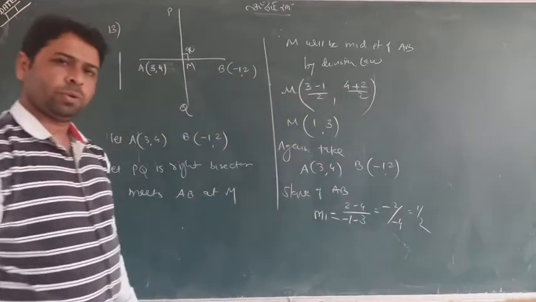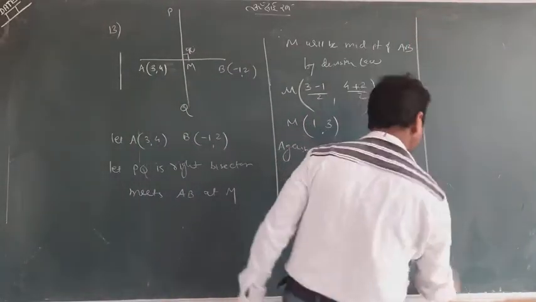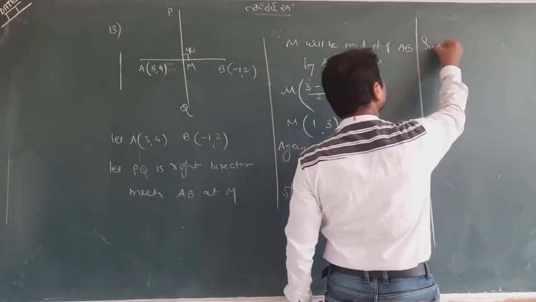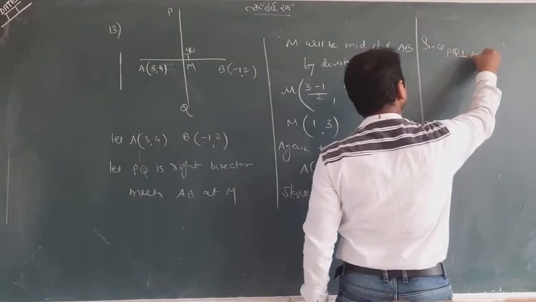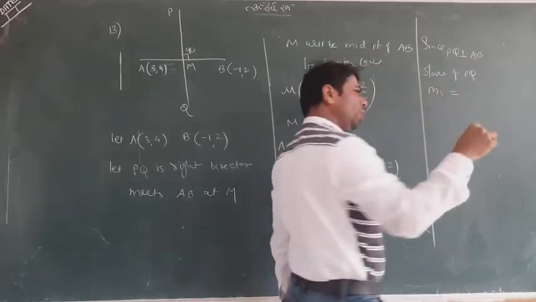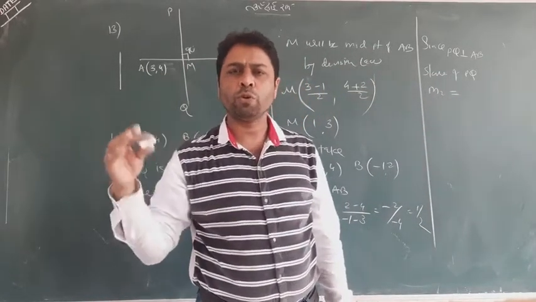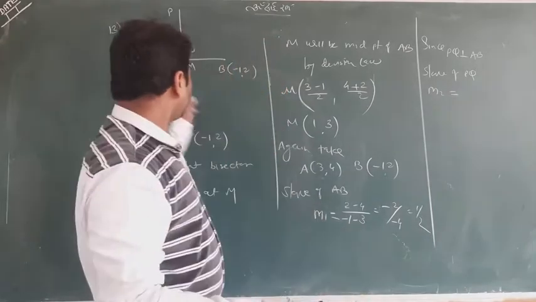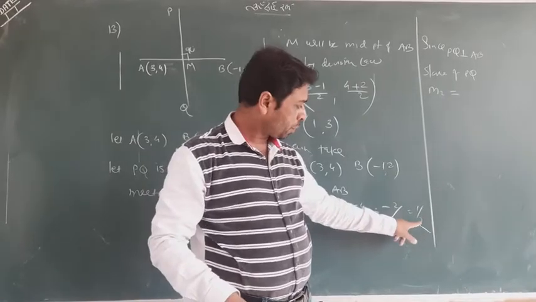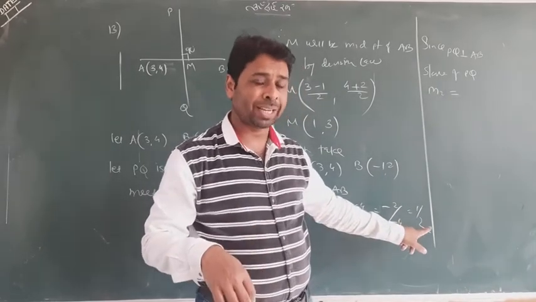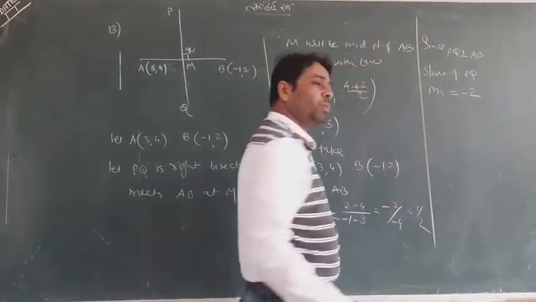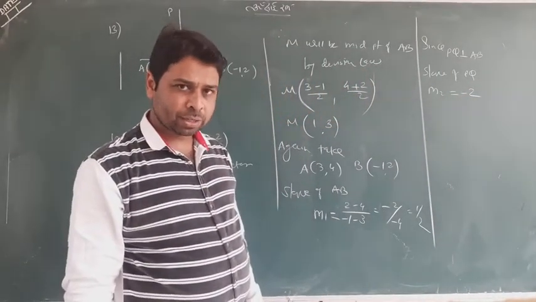1 by 2. 1 by 2. So do you think that in our head now, what is the slope of PQ? Since PQ is perpendicular to AB, directly tell me the slope of PQ will be M2. I'm not using the concept now M1 into M2 equal to -1. We have a trick. When the slope of a line is given, the slope of the perpendicular line will be, just make it reciprocal with opposite sign. Meaning 1 by 2 will be -2 by 1. So it's a -2.